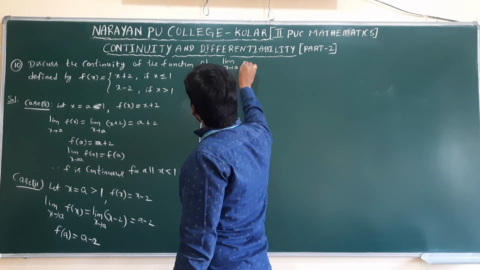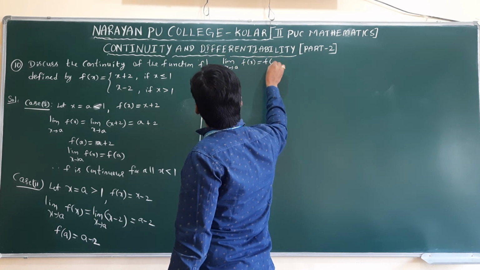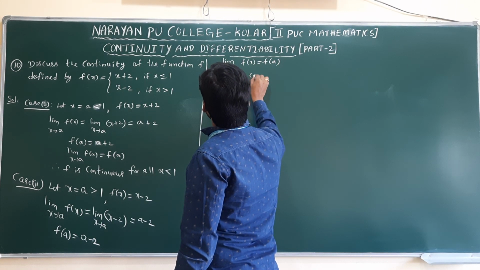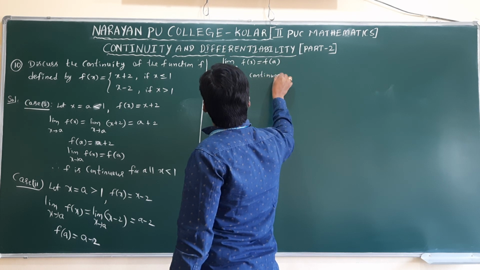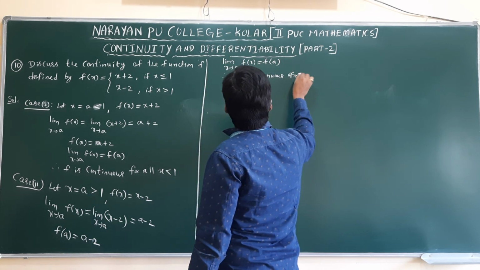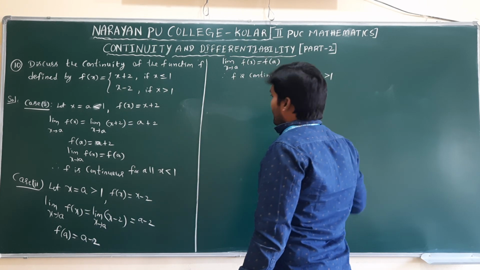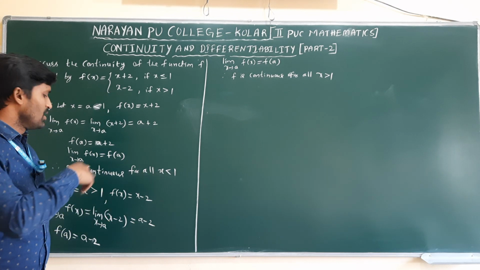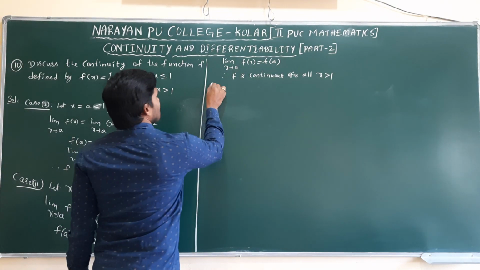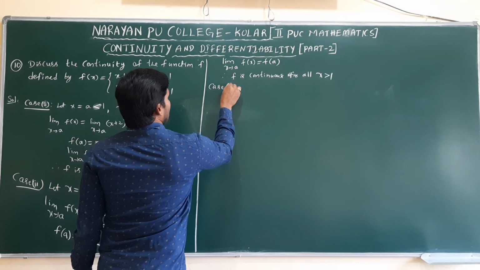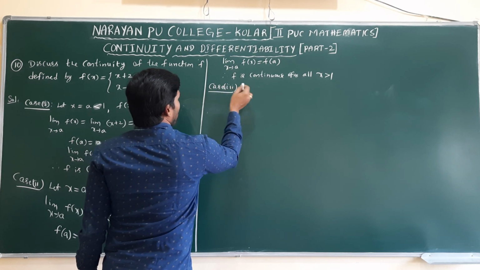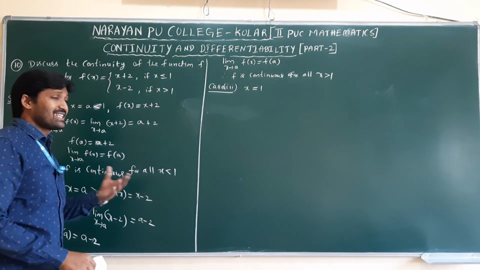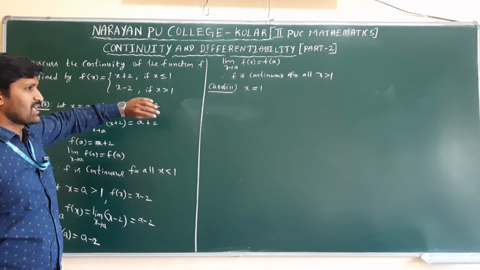Limit x tends to a, f of x value equal to f of a. Therefore, f is continuous for all values of x greater than 1. If we take a is 2, a is 3 or a is 4, whatever, for all values, both values equal we will get. Next, coming to case 3. Case 3 is, we need to check at the point. At the point means here a is not required, exactly at 1. At 1, to check the continuity, we have less than, greater than, equal to 1.